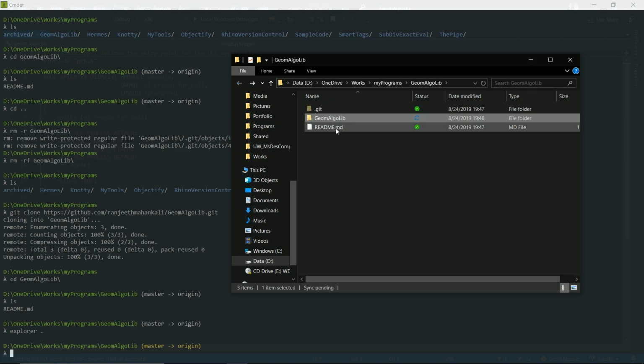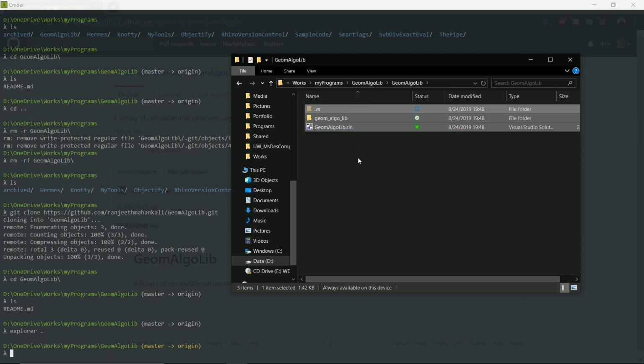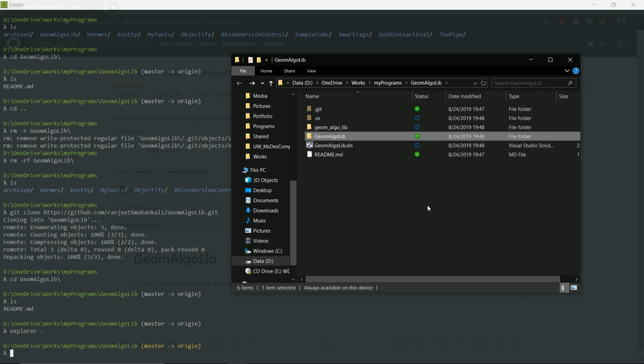So I don't really like this particular folder layout, so I'm going to quit Visual Studio for a second. I'm going to move these files outside. I just don't want another nested level, like another nested folder inside my repository. So that is fine. And now, next thing we want to do before we open up Visual Studio again is